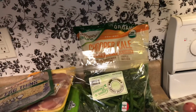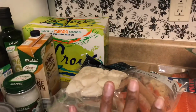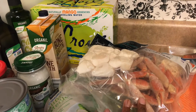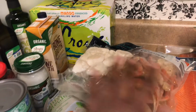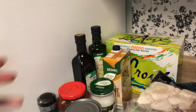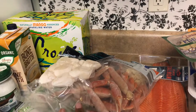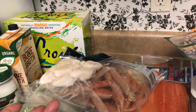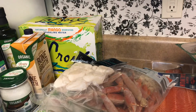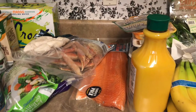So I think I did pretty good for $118, considering that I picked up, this is $27 worth of seafood right here. And these pantry items, the oils, this is about $10, maybe $15 worth of oil. So, everybody is on a budget. I'm on a budget as well. Had I not picked up these pantry items and this seafood, then it would have been easily about $50 less for all the other food, which is a pretty good amount of food for one person